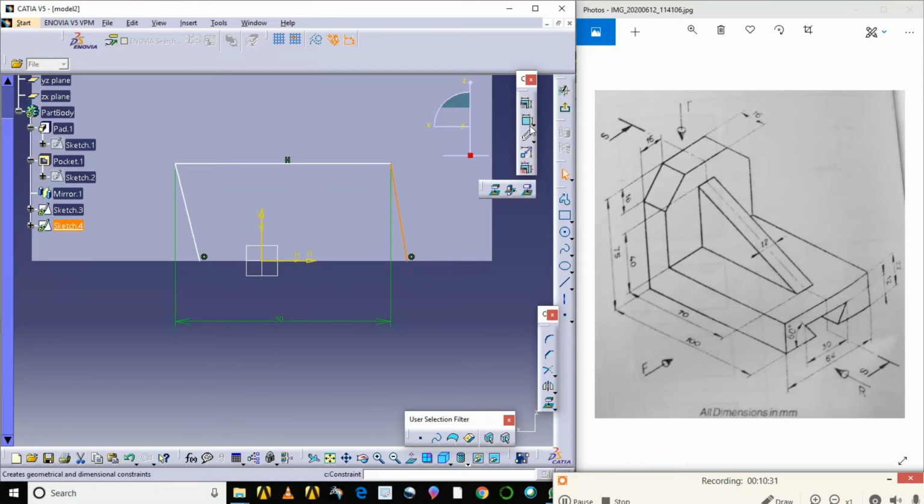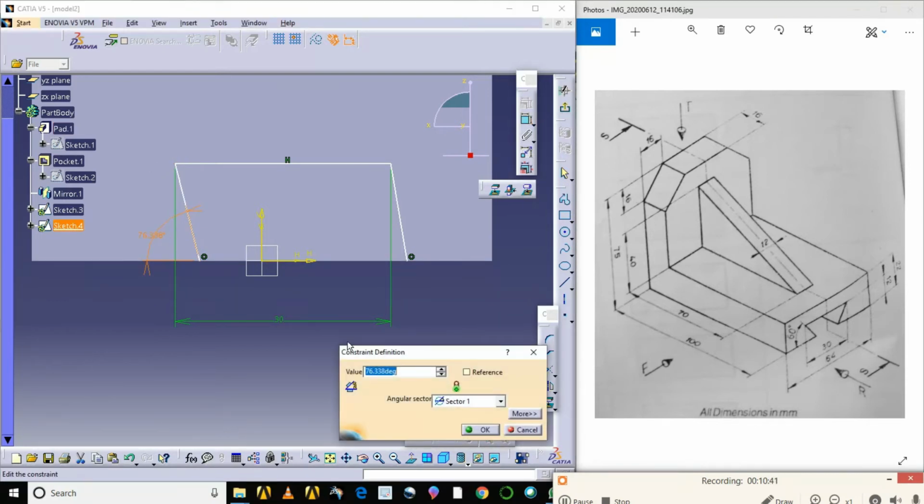Next, the angle between this and this is 60.